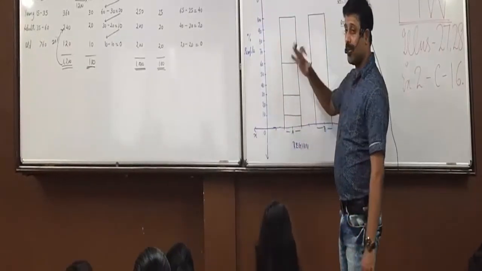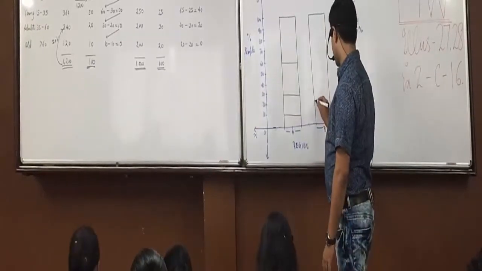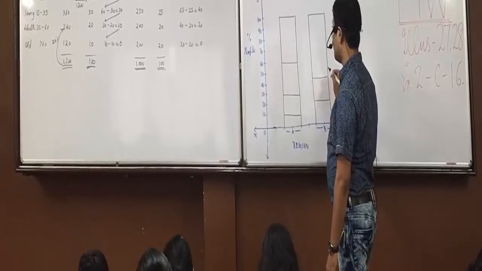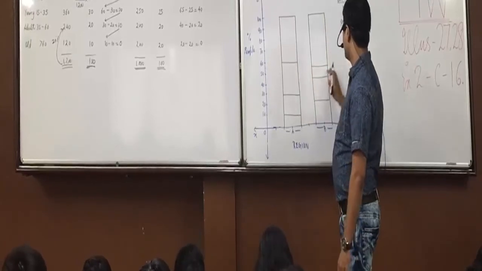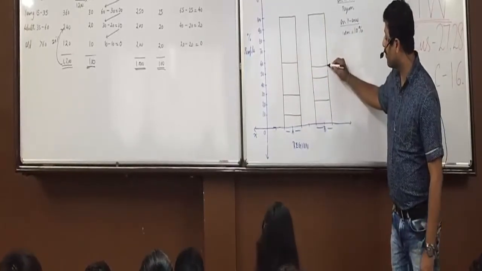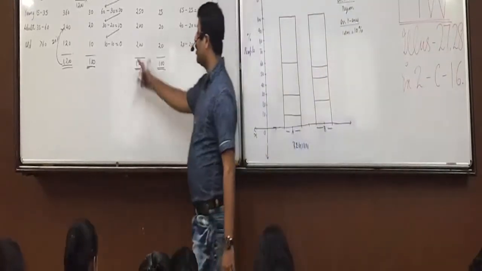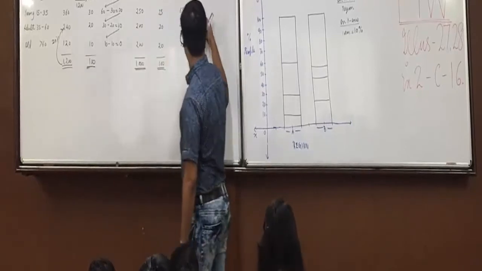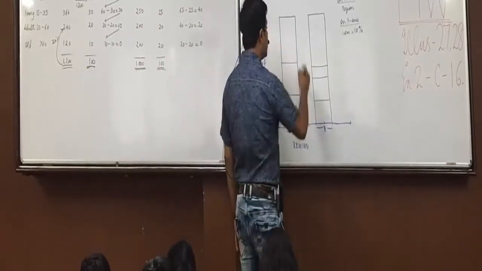Do it for region B on your own. 65 will be between 60 and 70. Understood this, everyone? So the split up lines we have to do in exactly the same way. 0, 10, 30 and 60. Here 0, 20, 40 and 65. And then the shading again you will do in the same manner.